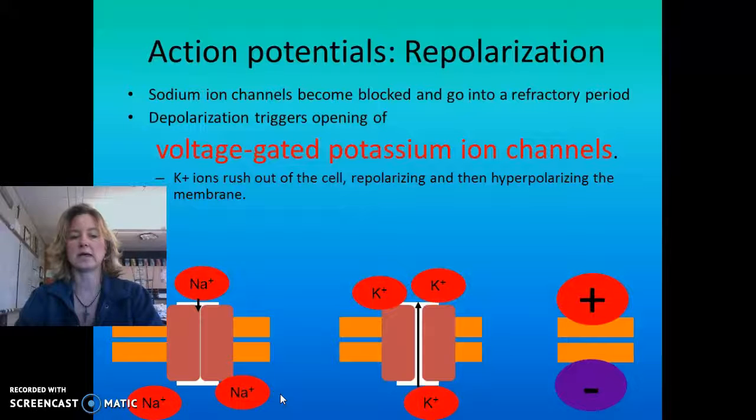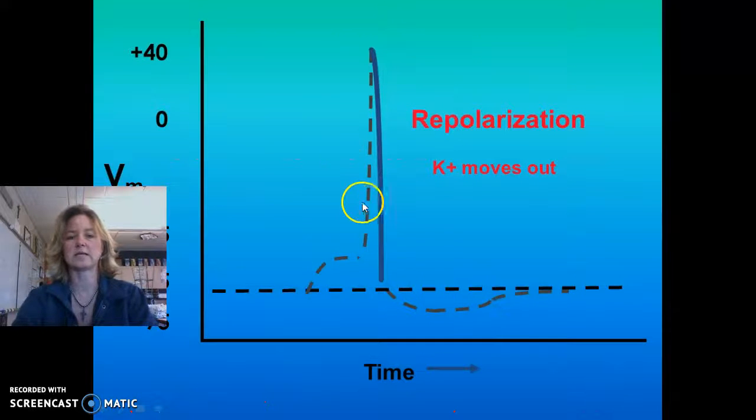And once we have a change in that voltage, that is now going to stimulate the potassium channels to open, and so then the potassium ions are going to move from the inside of the cell to the outside. But the potassium channels are open almost 3 times longer than the sodium channels are open. So that gives it a chance to move more potassium ions out of the cell than we were able to move sodium in. So what does that mean? Well, that means if we take a look at our graph here, this part of the graph is showing that potassium is moving out of the cell, causing the inside of the cell then to become, again,